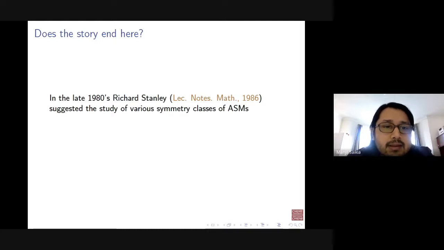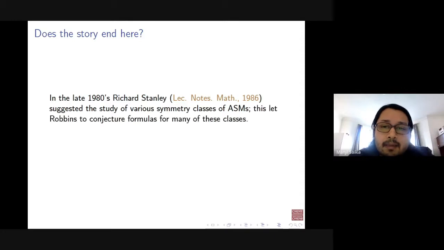In the late 1980s, Richard Stanley suggested the study of various symmetry classes. Since you have a square, the dihedral group acts on it naturally, and then you have several symmetry classes. And you could ask similar questions for these symmetry classes, like how many of a particular symmetry class exist, and so on. This led Robbins to conjecture formulas for many of these classes. And I did not mention this before, but the